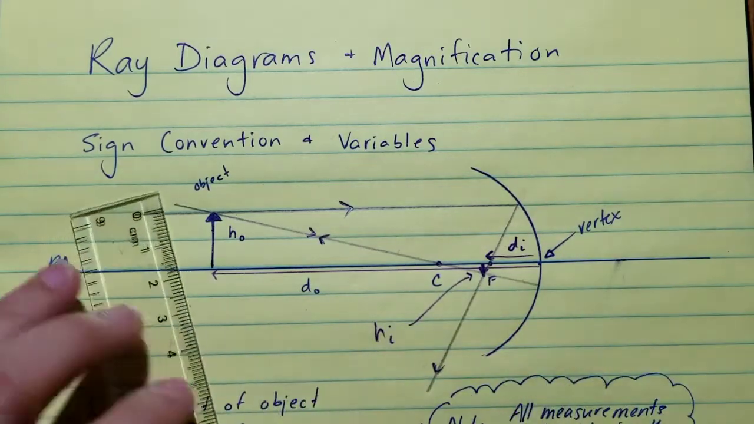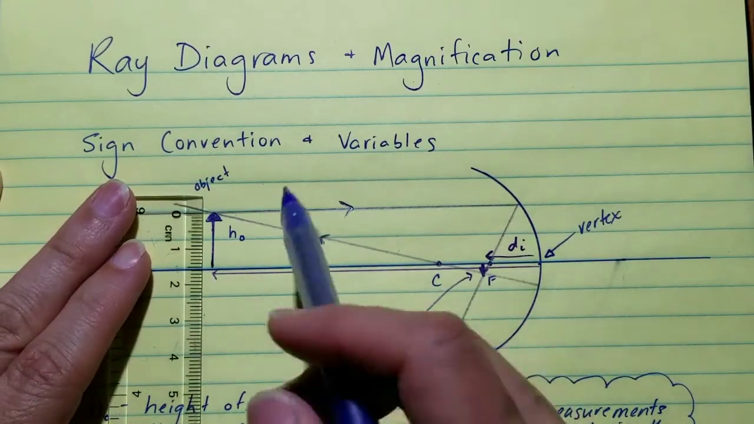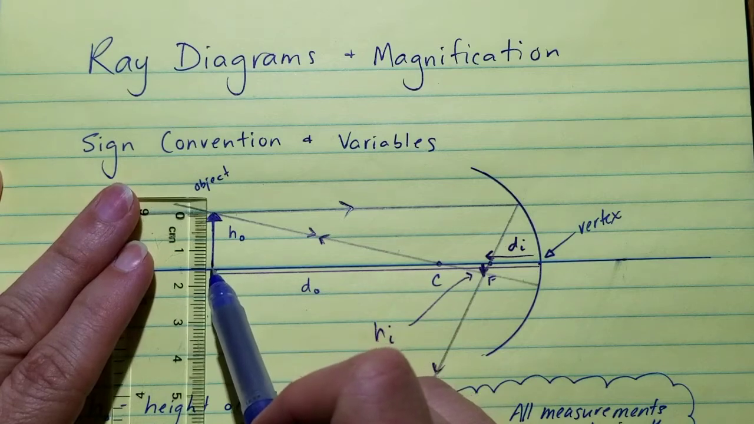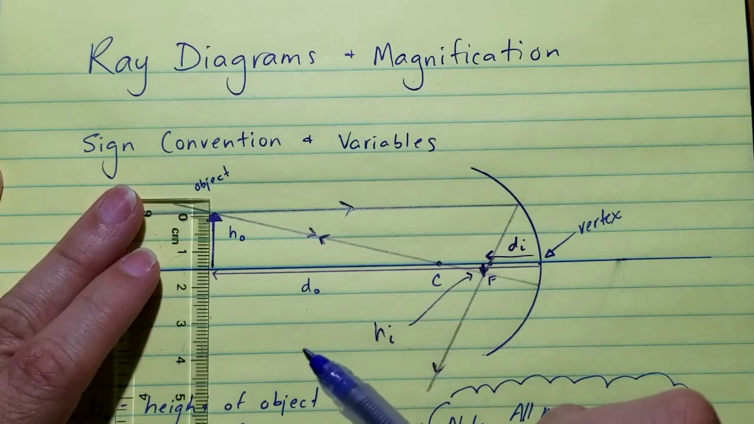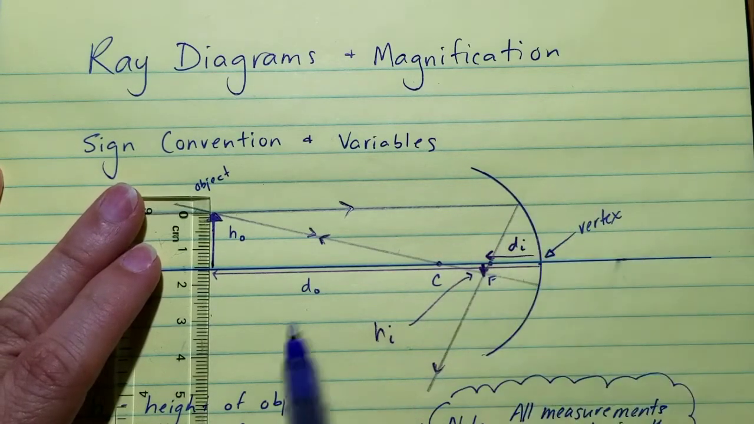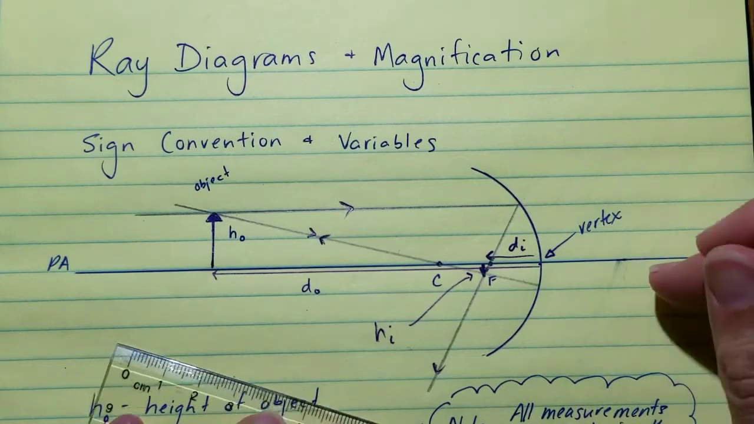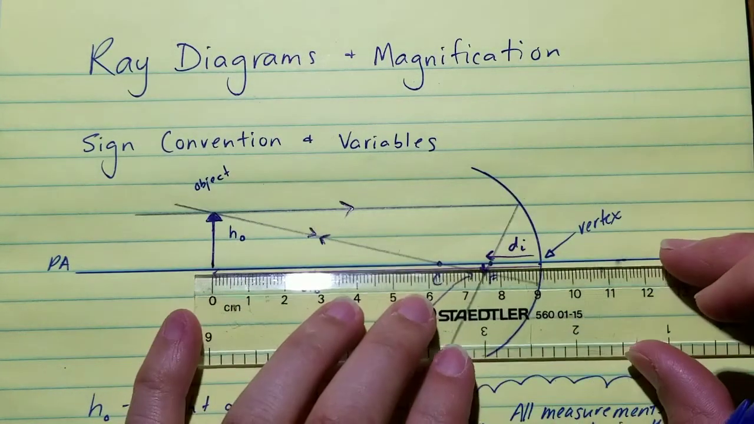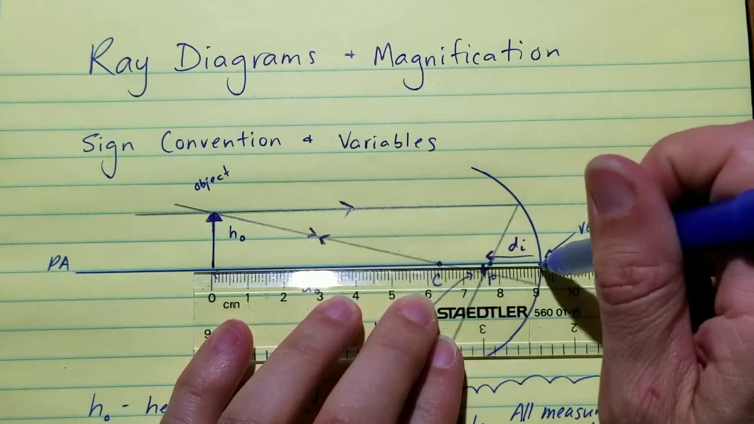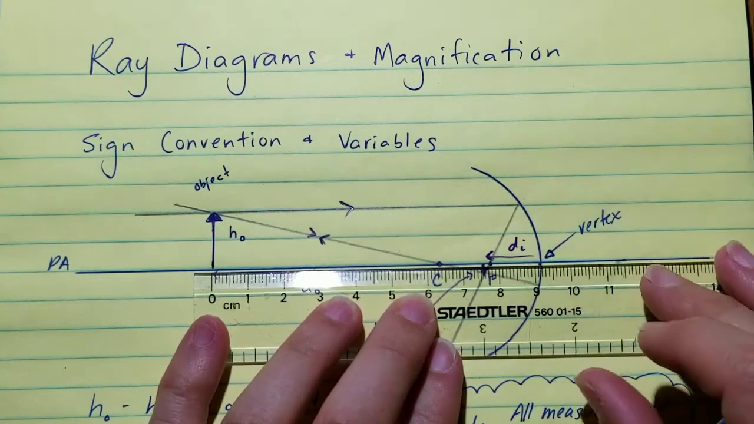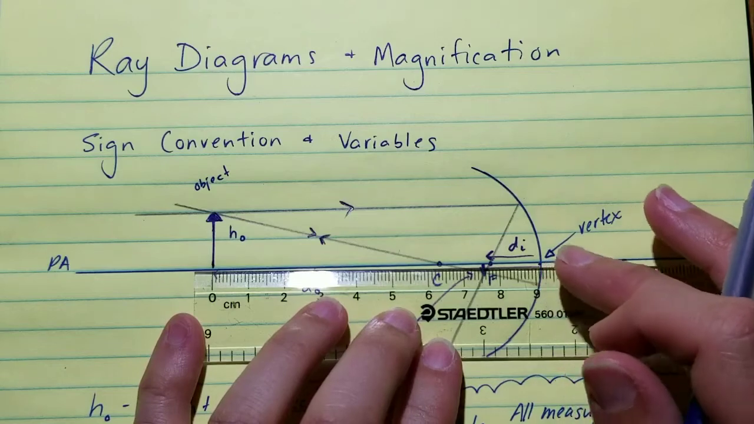So if I measure the height of the object, that's what HO stands for. You measure up from the principal axis. Okay, it's approximately 1.5 centimeters. All right, now to measure distances, we always measure along the principal axis from the vertex, not from the center, not from the focal point, from the vertex of the mirror. Okay, so this would be